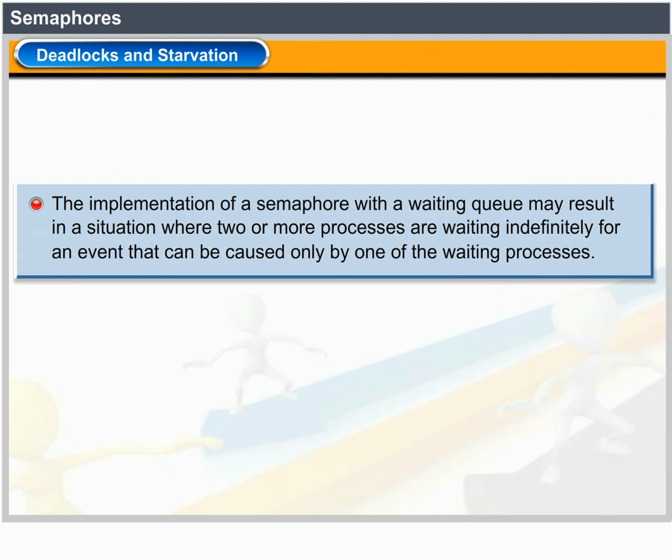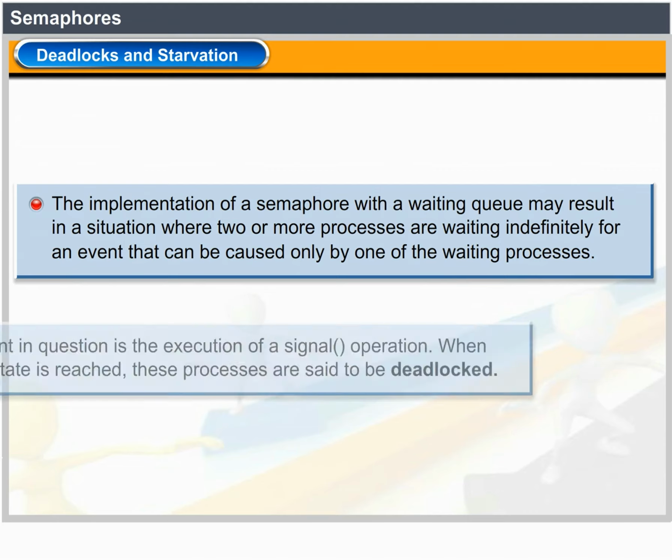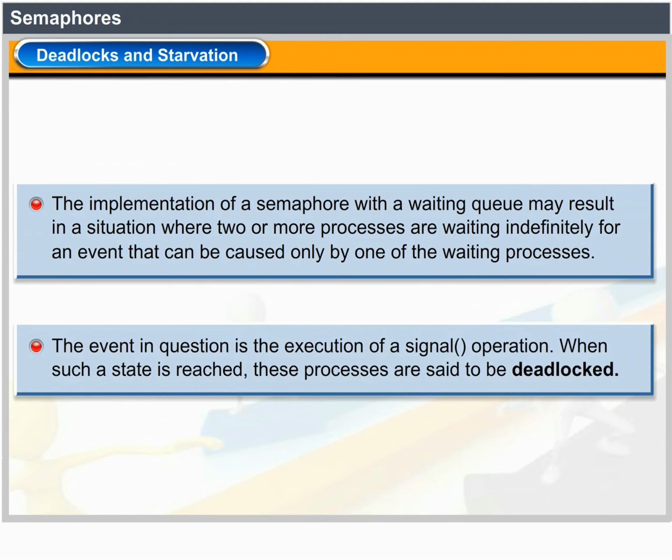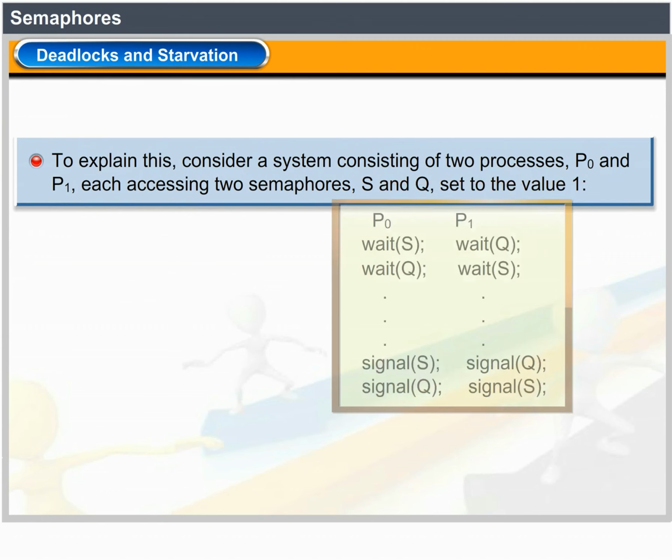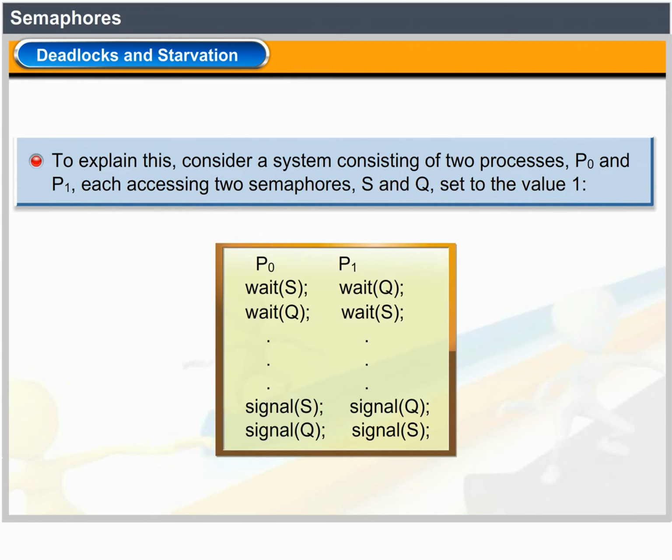The event in question is the execution of a signal function operation. When such a state is reached, these processes are said to be deadlocked. To illustrate this, consider a system consisting of two processes, P0 and P1, each accessing two semaphores, S and Q, set to the value of 1. P0: wait(S), P1: wait(Q). P0: wait(Q), P1: wait(S), and so on, and then P0: signal(S), P1: signal(Q), P0: signal(Q),